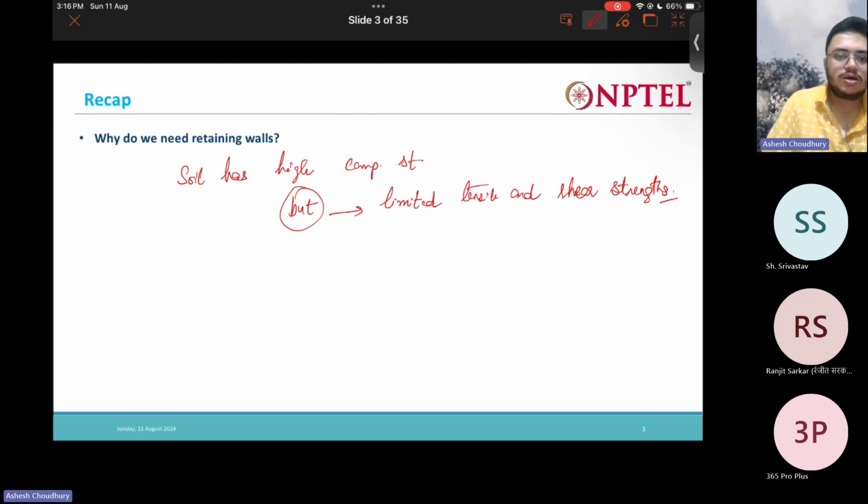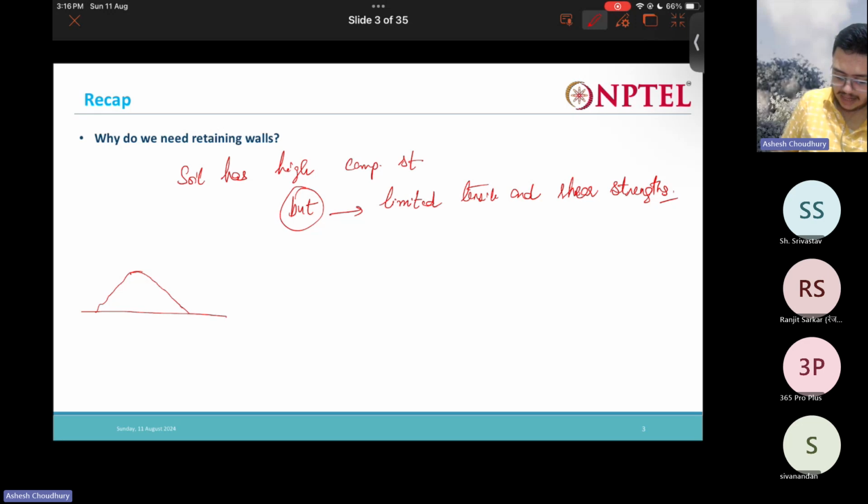Okay, so it has limited tensile and shear strength, right? So it can stand on its own up to its angle of repose. The angle of repose for granular soils is equal to the angle of internal friction. You take sand in your hand and you start sprinkling it from a height. Gradually it will form a heap like this over the ground. So this angle is nothing but the angle of repose. So this angle of repose is generally equal to,